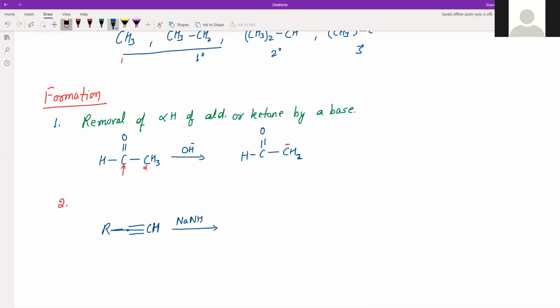If it is NH3, it is ammonia. If it is RNH2, it is amine, because now one of the R is removed and it is attached with sodium, so that's why it is sodamide. Right? So this sodamide in presence of liquid NH3, that is ammonia,